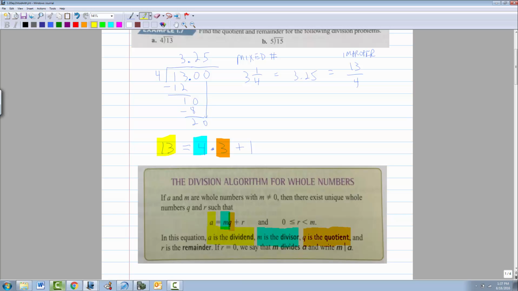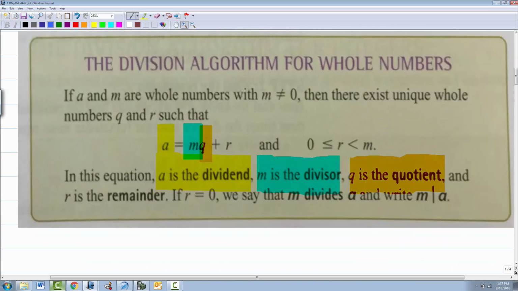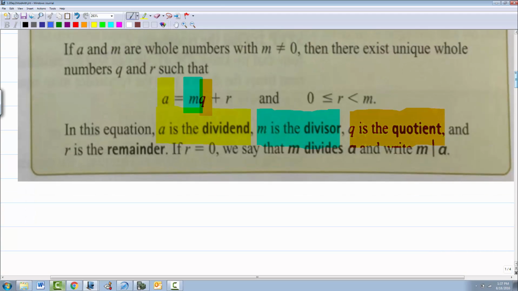Now let's look at this other one: 15 divided by 5. What is the answer to 15 divided by 5, by the way? 3. What's the remainder? The remainder is 0. So now this last thing is the kind of thing that you would write in your vocab